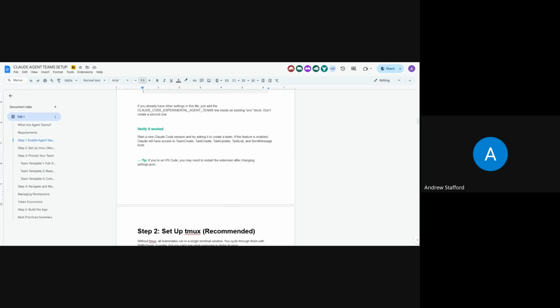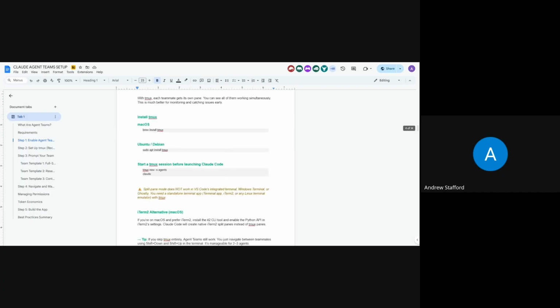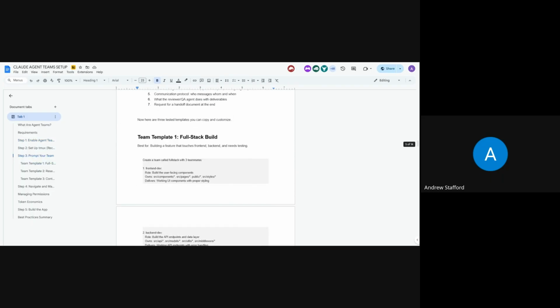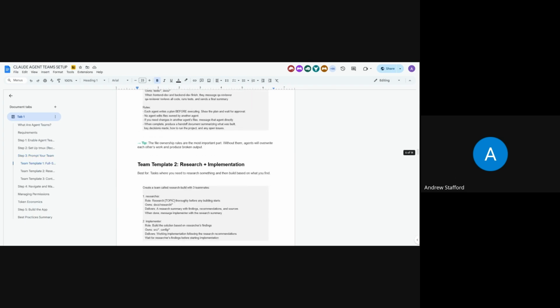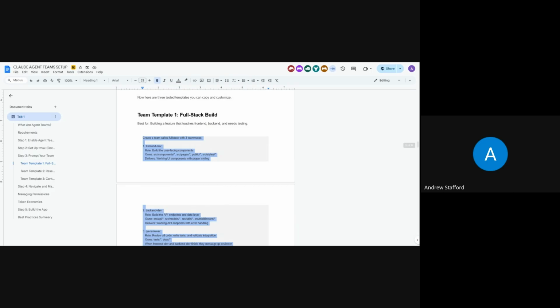That will unlock it, and you can verify that it works by going into a new Claude Code session, which hopefully you left up in your Ubuntu session a minute ago. And then you can say, please create a team. Or you can go ahead and skip ahead to step 3 and copy the actual team prompt